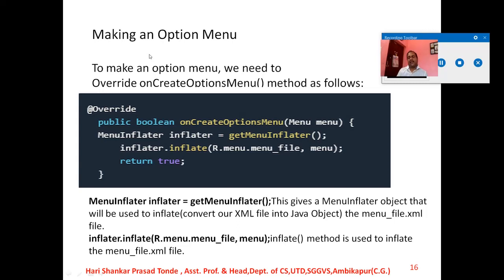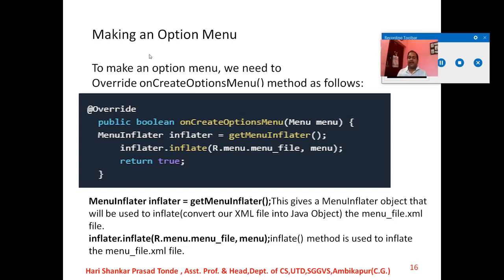So let us start. Three types of menus are available. Separately we are going to understand how we are going to use the particular menus. Three types of menus we have, as we have already discussed. One is the option menu, second one is the context menu, and third one is the system menu. So students, let's start the first menu, how it is going to be implemented with the help of the Android operating system. Making an option menu is very easy.